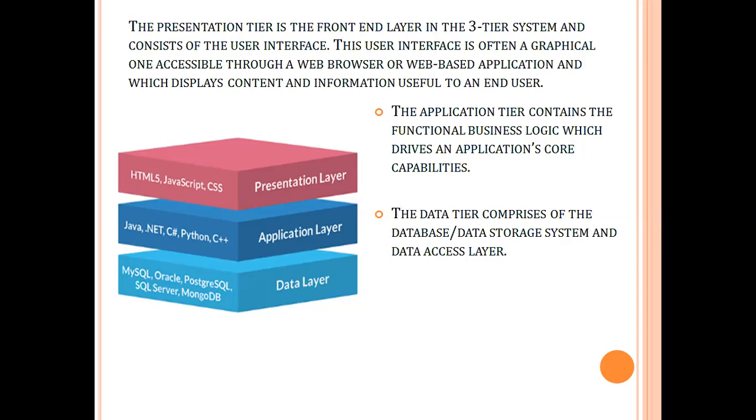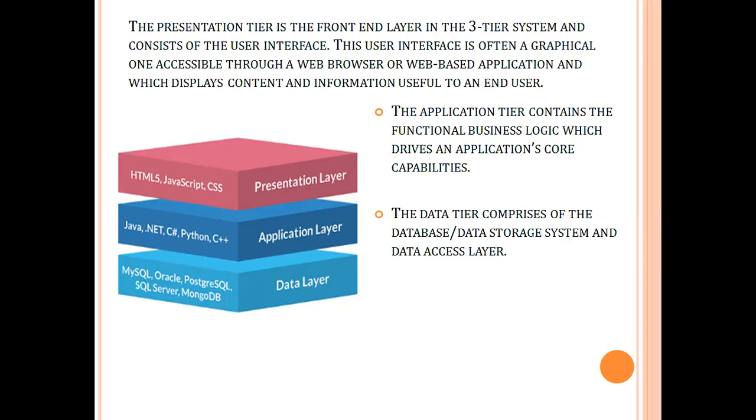Whereas the second layer, that is application layer, this is a dynamic page. It will take the request and it should process, it should communicate with the database. So the business logic, remember that I'm saying business logic is nothing but our application layer, our application. This is also called as a middle tier. This business logic will be designed by using Java technology like JSPs, servlets, .NET technology, PHP, Python, C++. So we will use these programming languages to design the business logic.